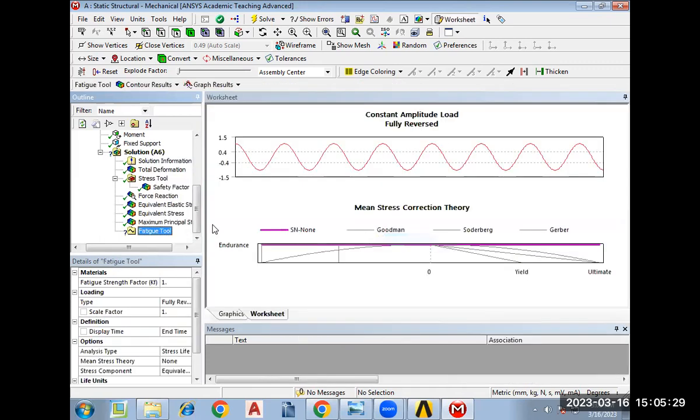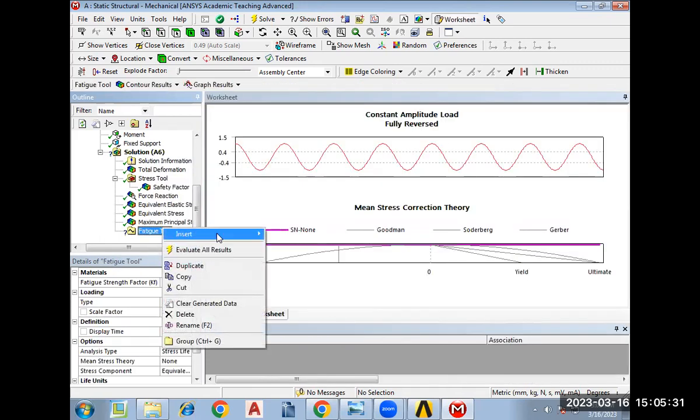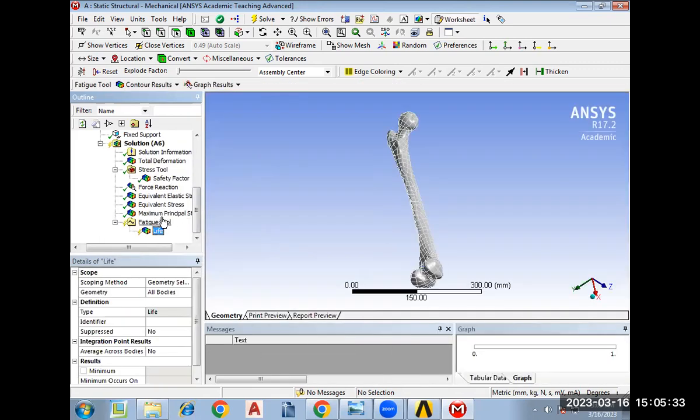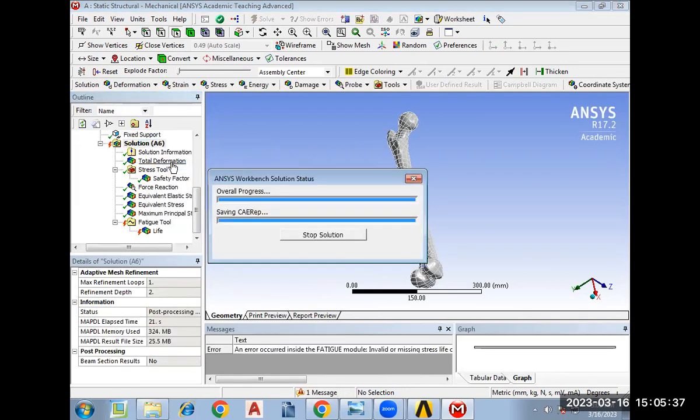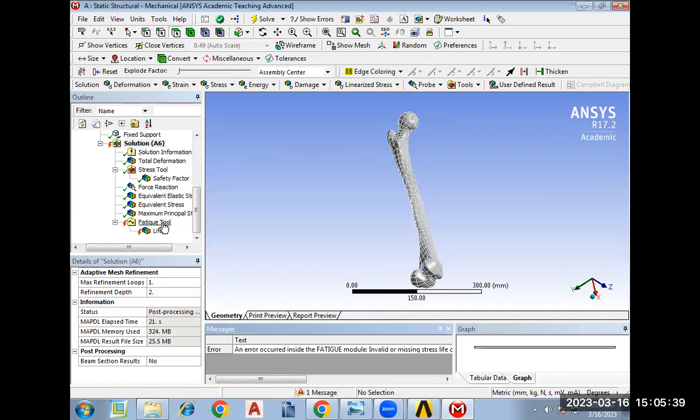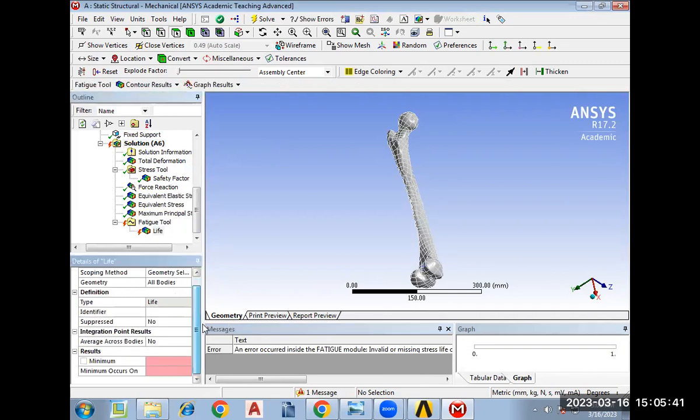So we'll see any other material's fatigue. In the fatigue tool, I will run one by one. I will insert the life. What is the life? I think we can evaluate the life in the fatigue tool. So it is not taking that fatigue tool also. It is not taking minimum and maximum. So in the fatigue tool,